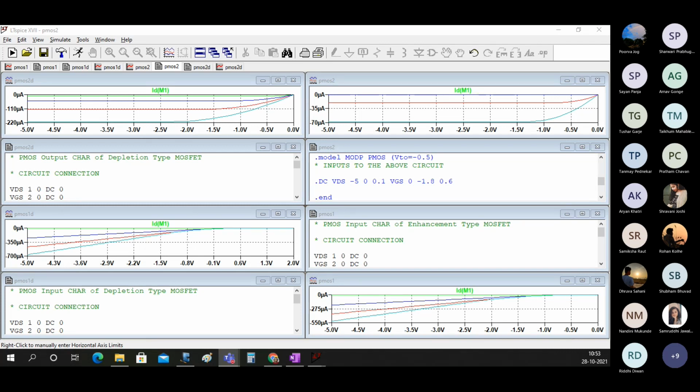Okay, so you have done it for input and output characteristics of depletion, and input characteristics of enhancement. Okay, no problem. Now you show output characteristics of both.